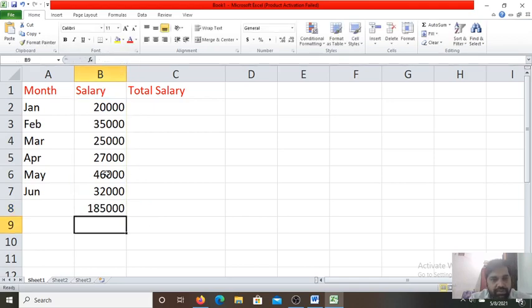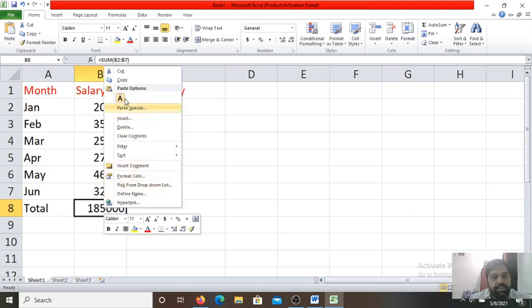Press enter key. Now you see we got 1 lakh 85,000. This is the total salary you got. Now we copy this formula. Make a right click. You'll get the option copy.